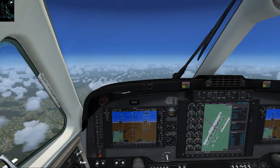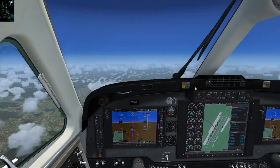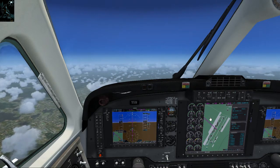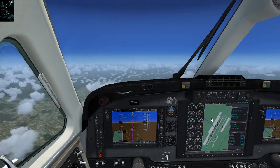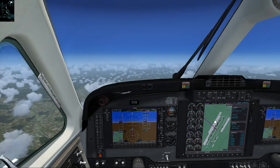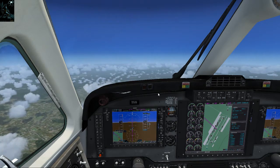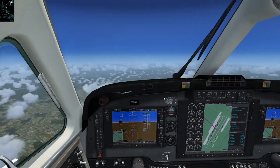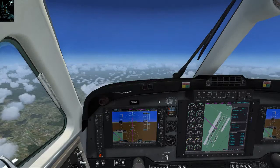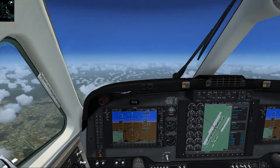Oh, he's great. See, how do you have an airport diagram on this thing? Because this thing has it. Really? Yeah, it's the G1000. It has that in there. You bought the G1000? It came with this plane. It didn't come with mine. Well, I'm sorry, I bought the Flight 1. Yeah, this King Air, the one I have, the King Air B. Maybe it does, and I just didn't pay any attention, to be honest. I wouldn't know a G1000 from a...